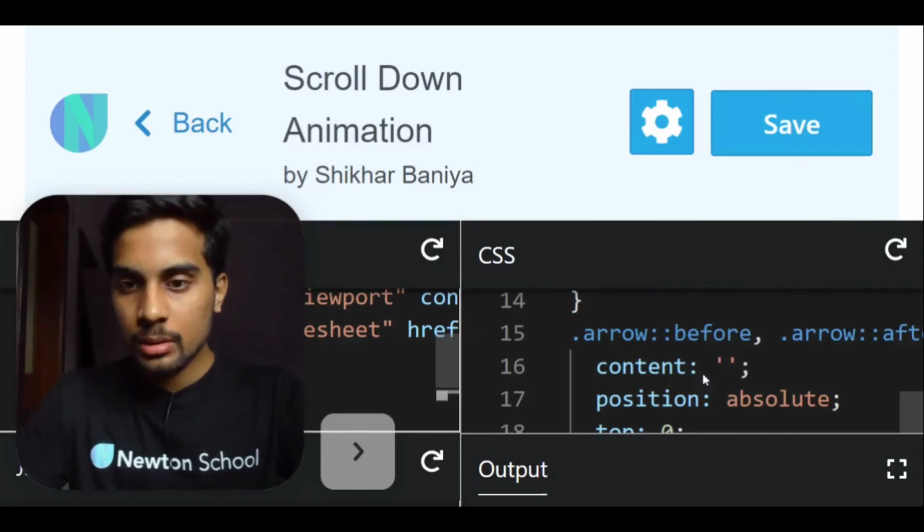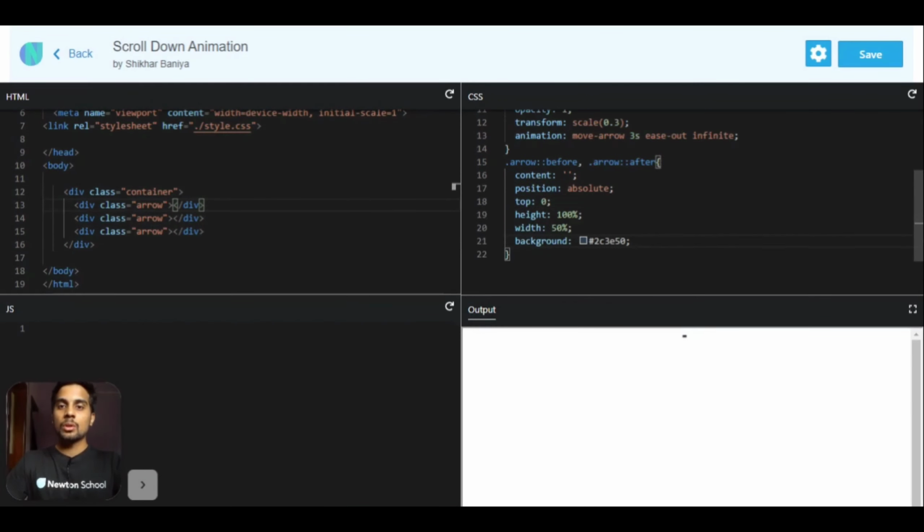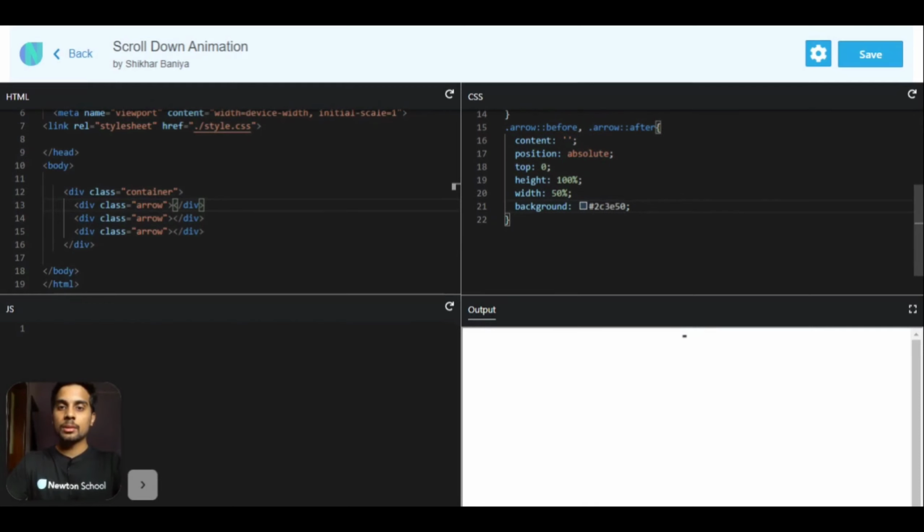So I think it's not visible, but it will be later. So that's it.